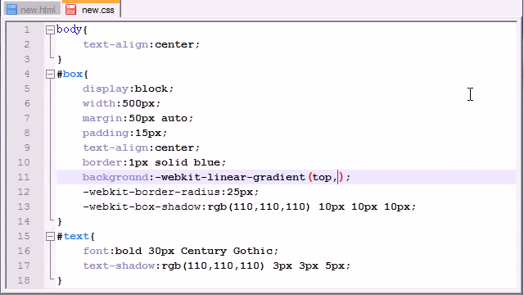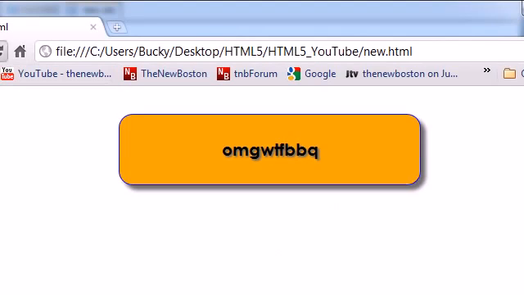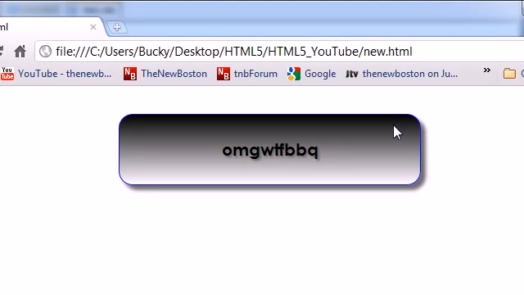The second value is the color, and I'm just going to make this black and white, really simple. I'm not going to spice this up a bit. So what we're going to say is this. We're going to give you black and white, start with black, end with white, and start at the top. Simple enough. So now if we refresh this, we see that we get a nice black to white gradient starting